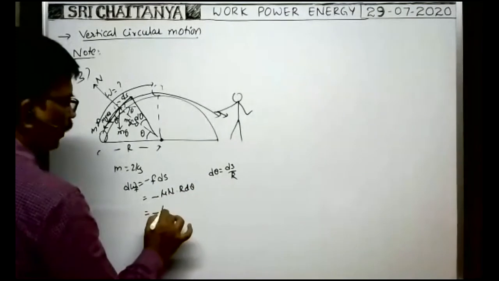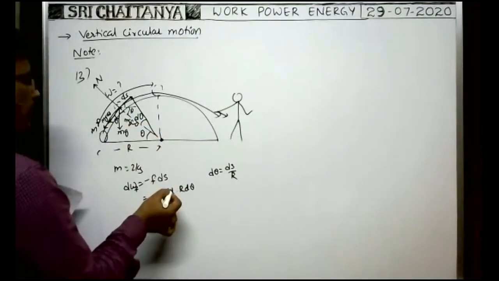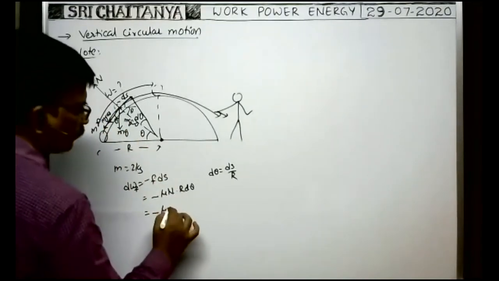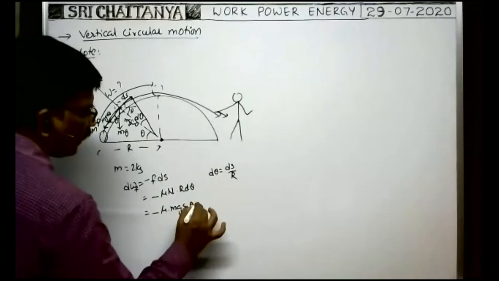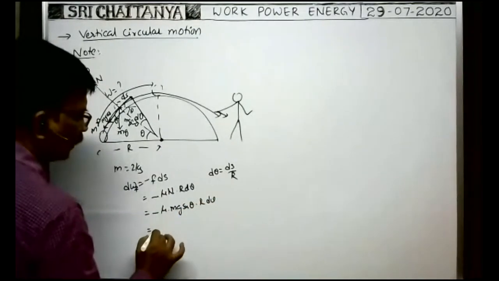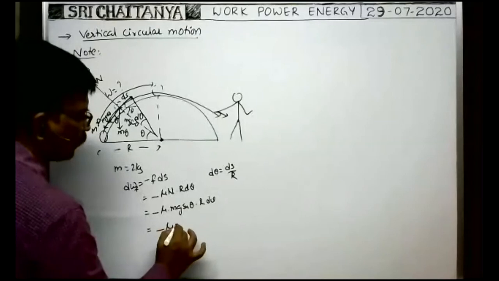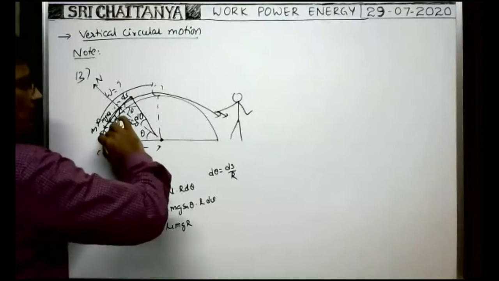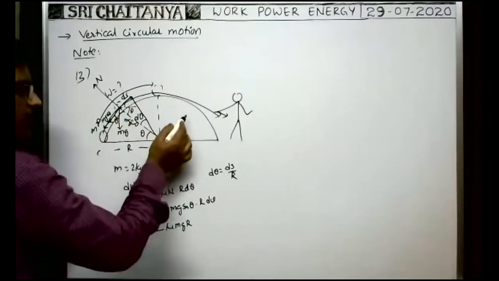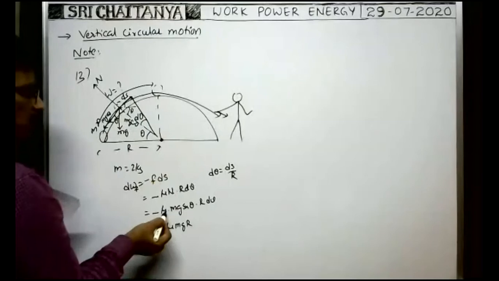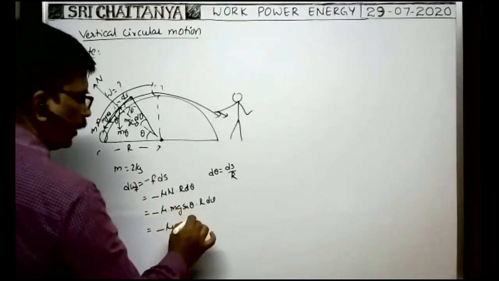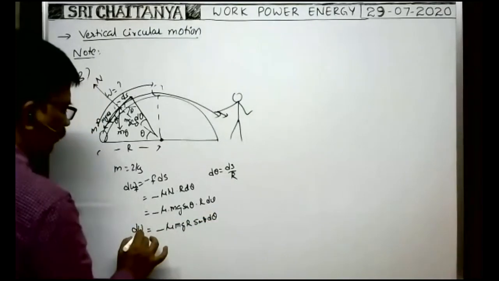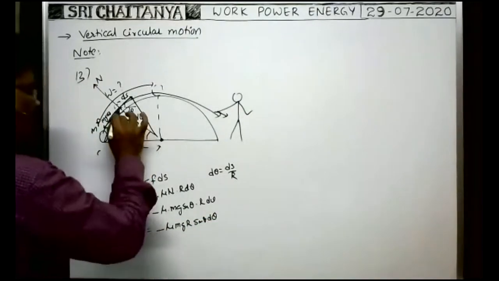That is equal to minus mu into the normal reaction at this point. The normal reaction N is equal to mg sin theta, no? So mg sin theta into r into d theta. Here minus mu mg r, all are constant. The coefficient of friction remains constant throughout the surface of the hemispherical ball. If it varies, that information will be given and we substitute there. Into sin theta d theta. This is the small work done by the friction to displace the body through a small distance ds.